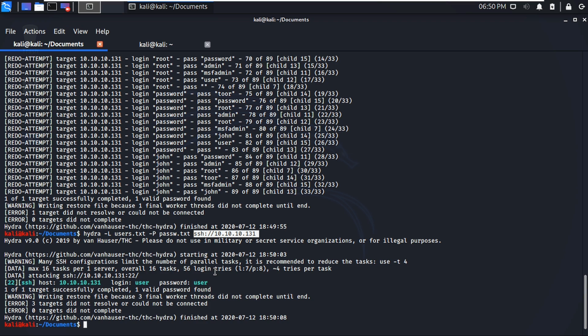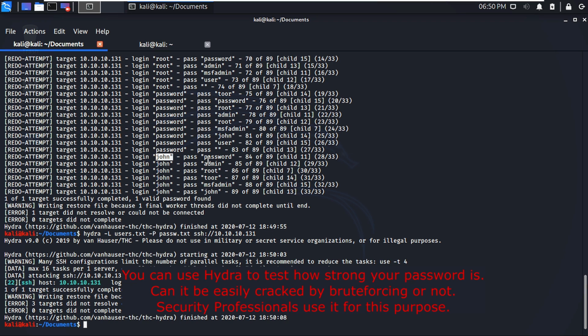So this is how we can perform brute force attacks on different services using Hydra and a list of usernames and passwords. But brute force is somewhat not recommended, because you are not sure whether your user list and password list are going to crack the service or not. It means that if you have nothing left to do, then you can perform this brute force attack. But yes, that is how we did it using Hydra. Hydra is a very powerful tool.